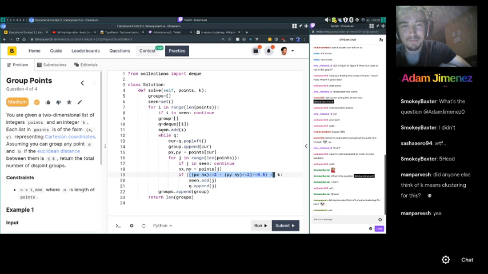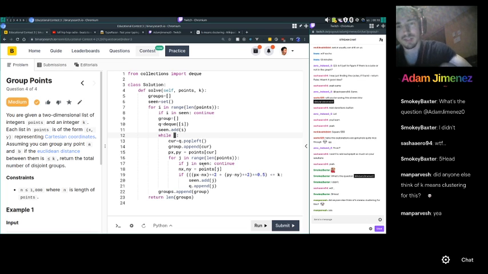Okay, so basically for every point that has not been processed before, we iterate over every point, and every point that is in range of the current point, so in the range under k, we add it to the queue, and then we process every point we added in the queue until we run out of points in the queue. So it's kind of like BFS, where each neighbor are the points that are within distance, but the thing is you don't know the points that are within distance without iterating, at least with my solution.